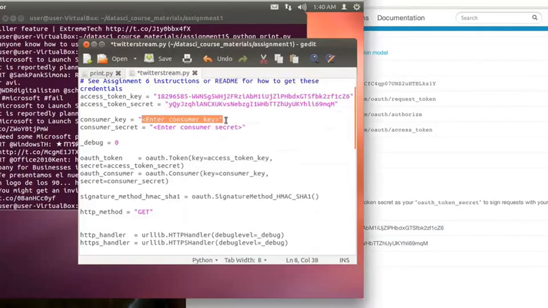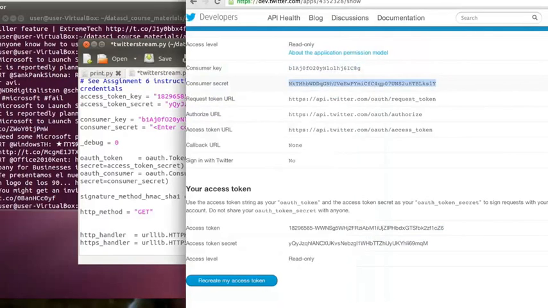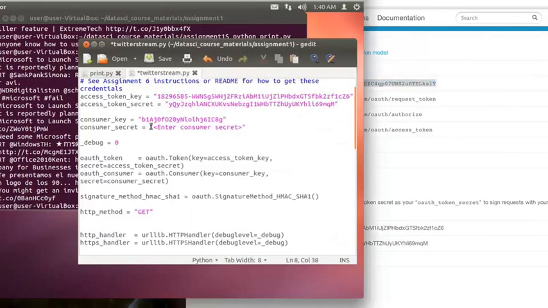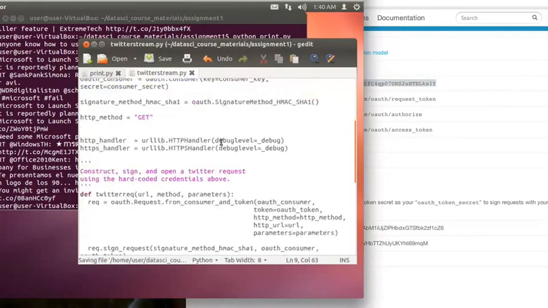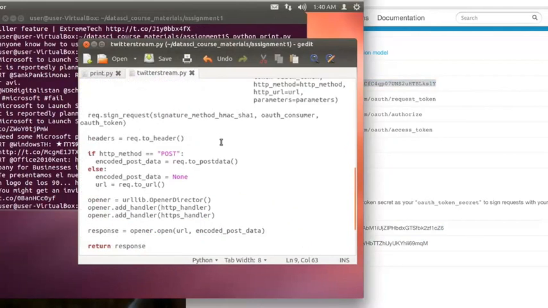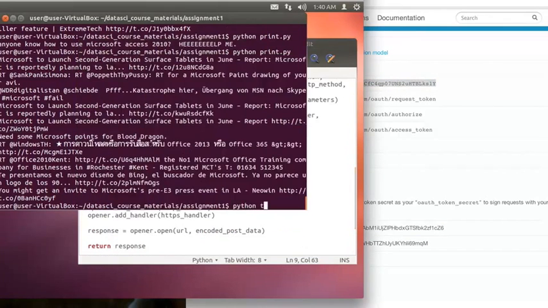All right. So there's those, and now the rest of this file is not something you need to edit. This is just manipulating the OAuth protocol to get the results. So I'm just going to save that guy and then run it. So Python, Twitter, stream,